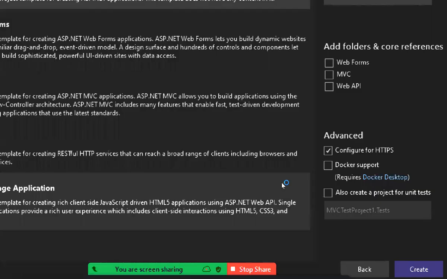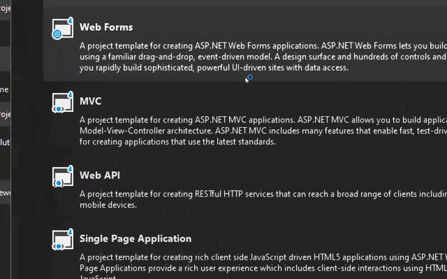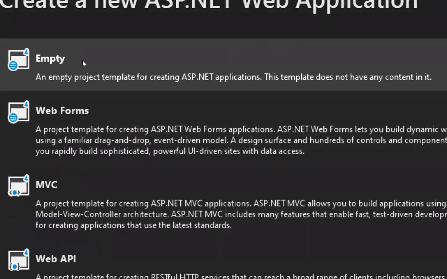Now see guys, it will open a window here, and here it will show you Empty. Empty means a blank project will come. In this, you are going to add everything on your own. Everything is installed on your own now. Am I clear about what I said here? What it opens is an empty, blank project. You're required to add everything on your own now.